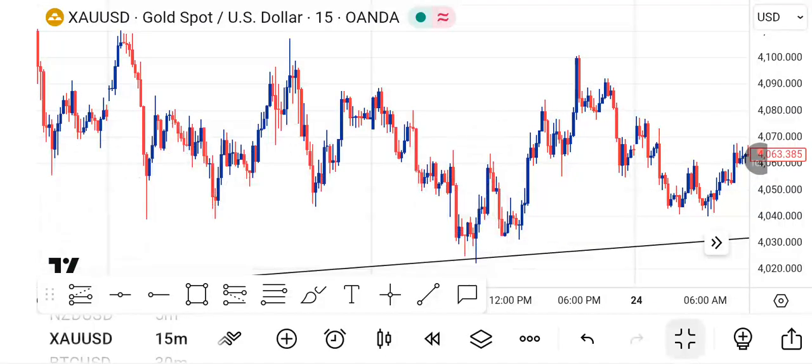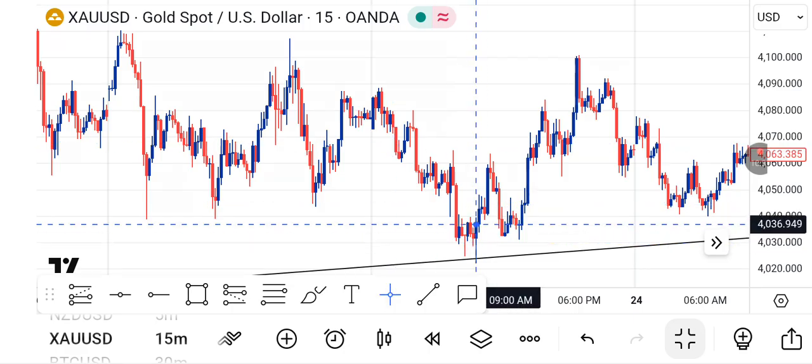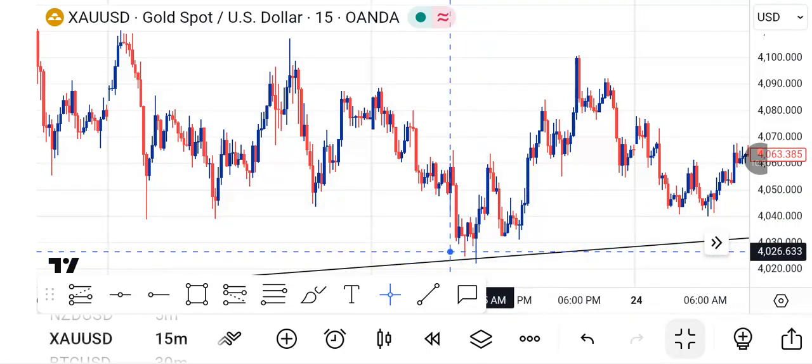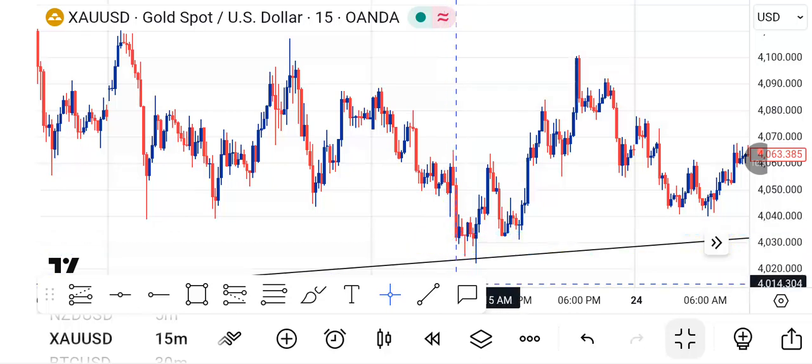Though this particular setup, I did not trade it because I was not around that day. I was not in the market that day. I was not online that day. So even though I was around, seeing gold respecting this trend line